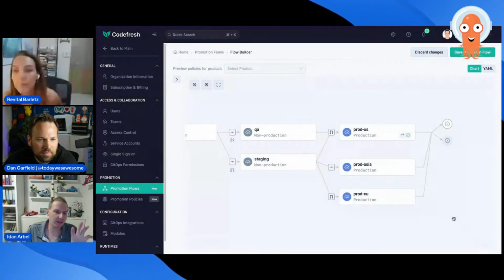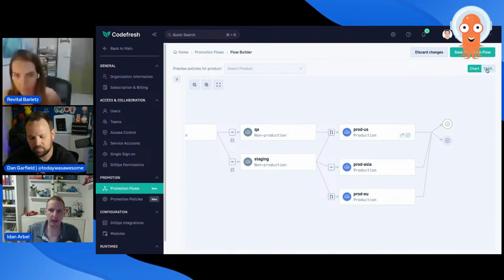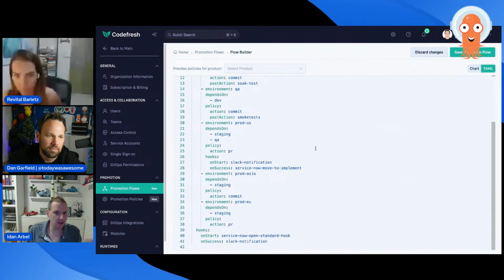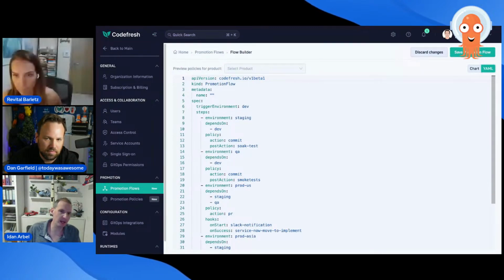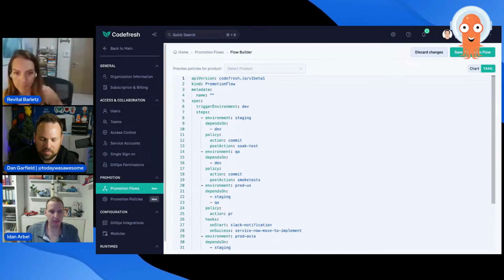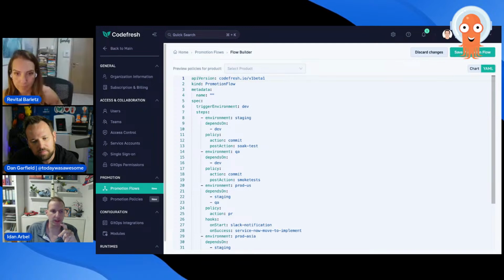And again, it's that easy. Everything that I did in this fancy, very pretty UI is stored in the CRD that you see here and is easy to understand. And you never have to go to the UI if you don't want to. Everything can be managed directly in Git, bypassing the UI completely. Argo CD is going to sync these resources to the platform, and everything's going to work magically.